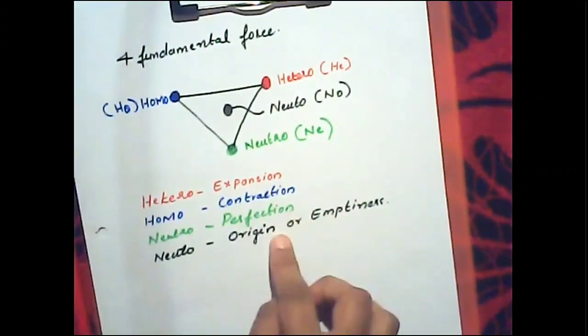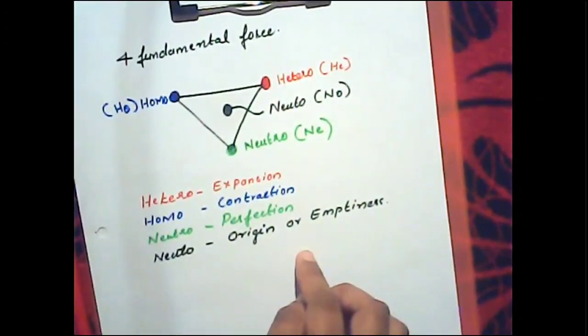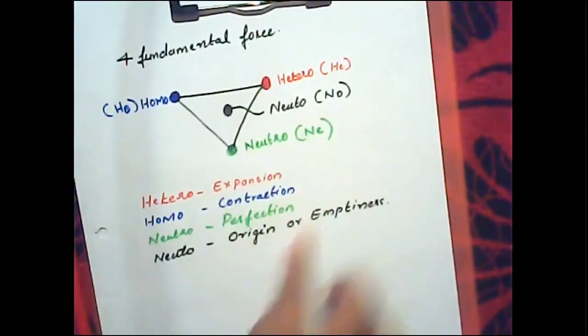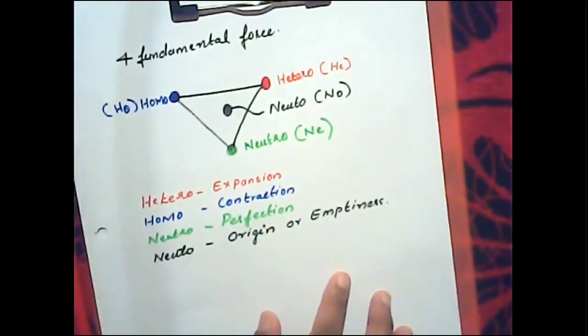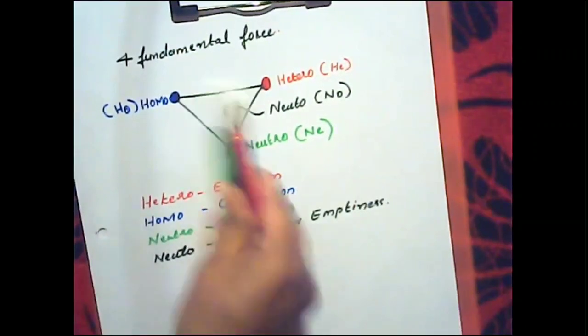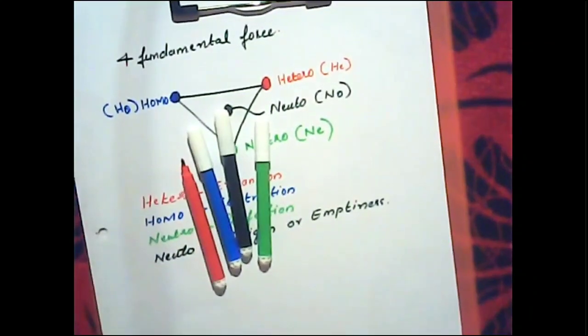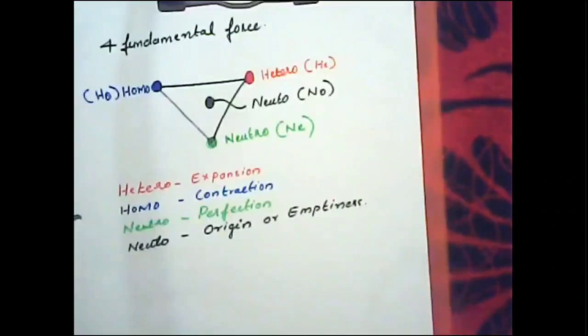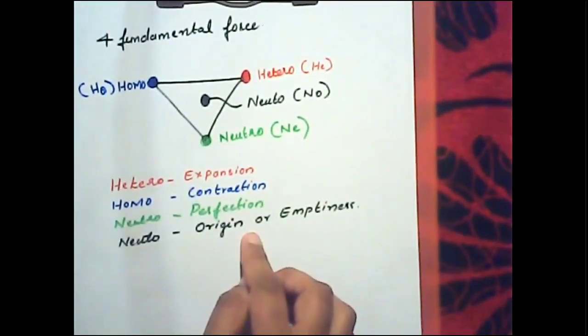And these four fundamental forces work and unite to form one. We can see these four forces in all creations by the creator. And the physical world has come from this metaphysical world also. Metaphysical world means from the neuter condition, from the origin. It is coming from the origin.